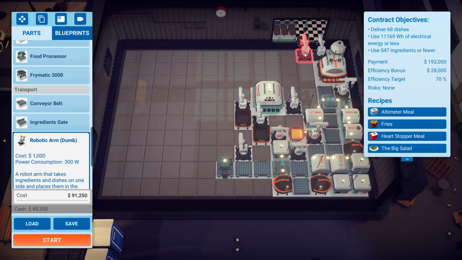Stupid burgers. Because the problem is, if we put a dumb arm here and we put this here, this long arm can now no longer reach. The alternative...